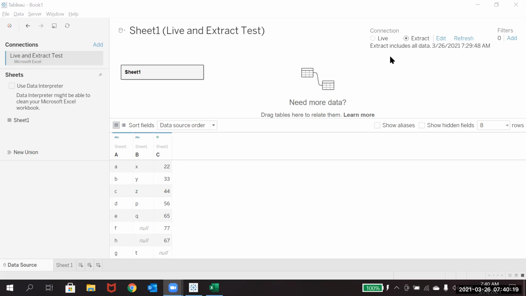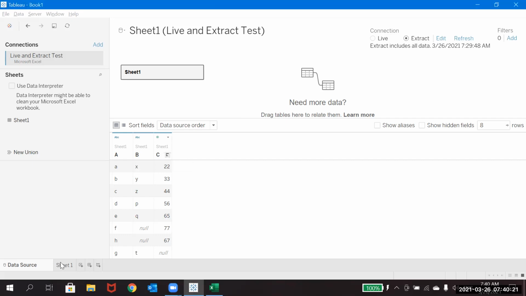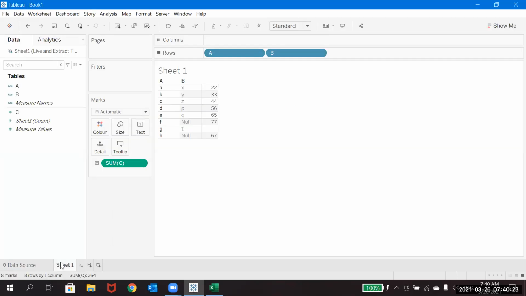The moment you connect to a database, since we connected to Excel we just do a refresh, you can click on auto update worksheet and auto update filters.